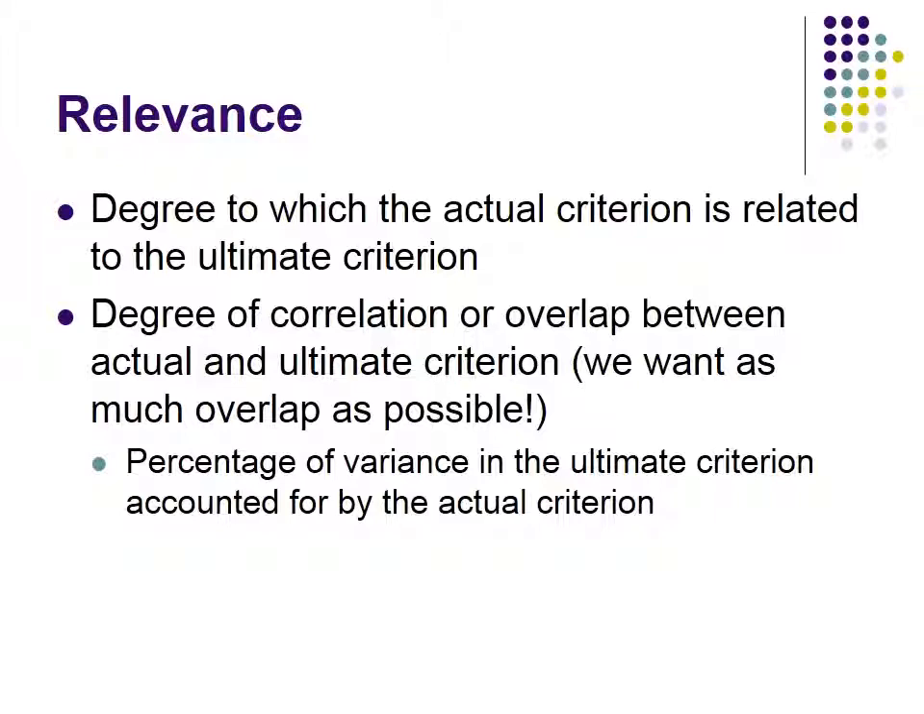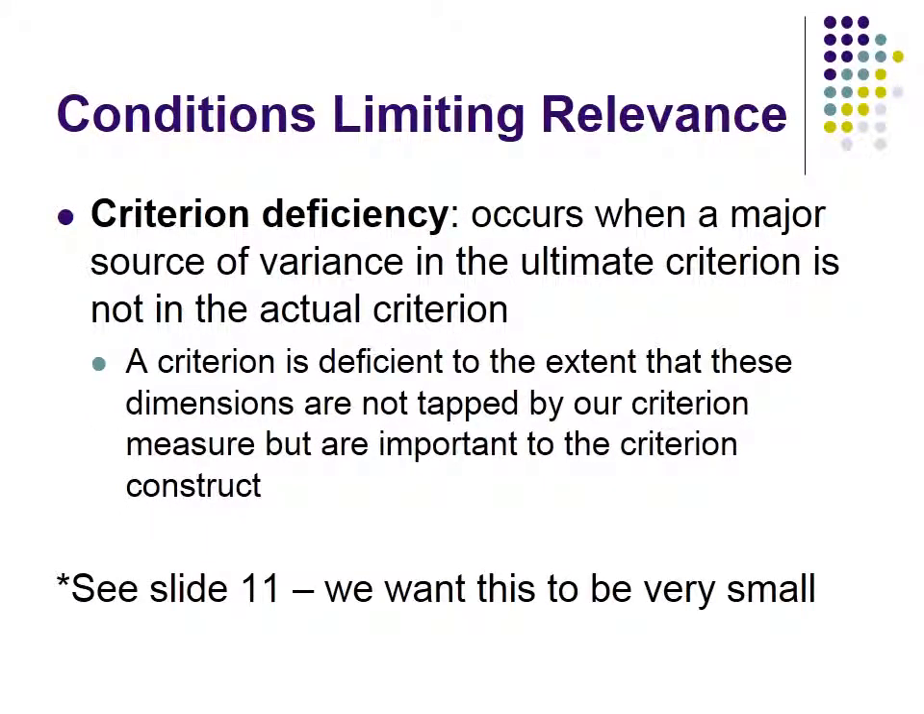So the conditions that limit relevance are a couple. We're going to see a model of this in a few slides. But the first thing to recognize is criterion deficiency. This occurs when a major source of variance in the ultimate criterion is not in the actual criterion. So what this means is that there was a major portion of performance delineated in the job analysis that we think is in the ultimate criterion that we are not capturing